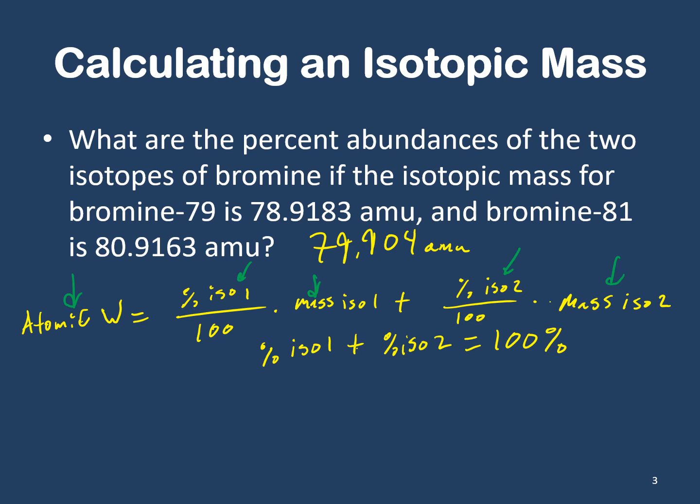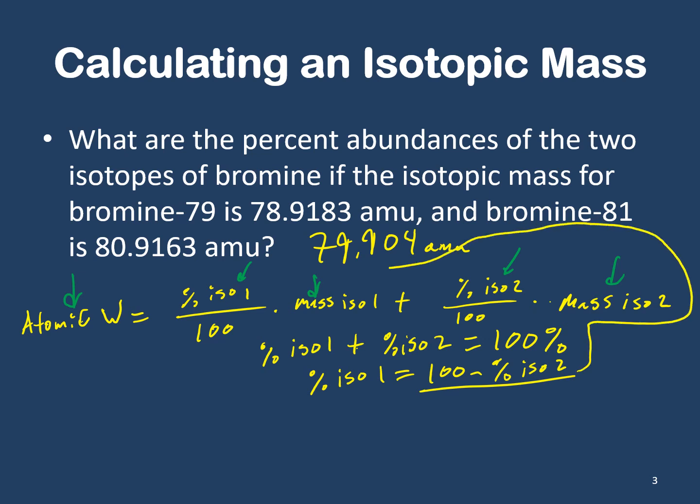So if I take this and go, okay, percent of isotope 1 is equal to 100 minus the percent of isotope 2, I can plug this in for isotope 1. And now I have changed an unknown variable into the same unknown variable that I already have in the equation, meaning now I only have one unknown that I can solve for. So let's plug this all in, right? So I have